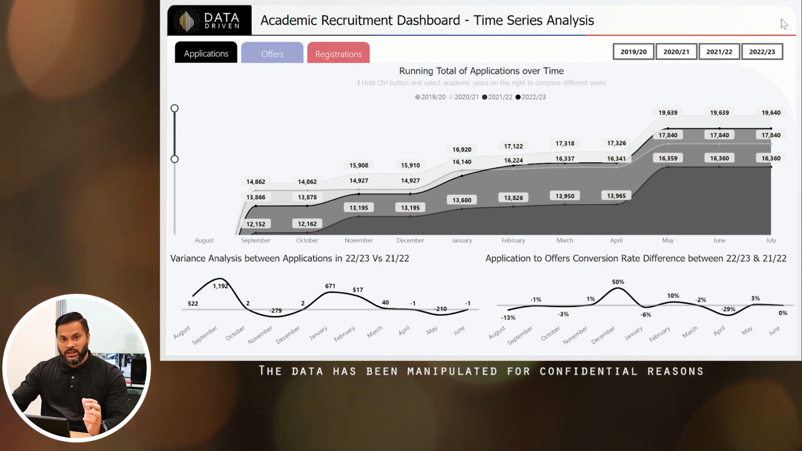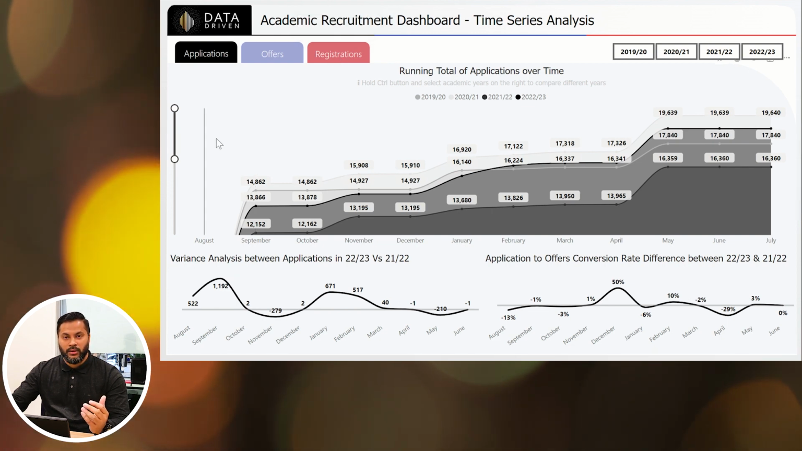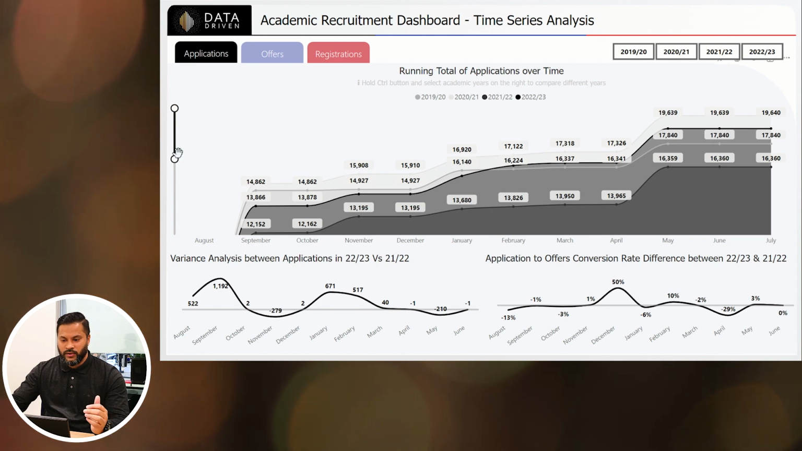When you apply to study at a university, a student will complete an application form and the university will offer the student a space into the course, and once the student agrees to it and pays the tuition fees, then they will be registered onto the course and they are registered as a student in the university. So these are the main set of data that we use for the university recruitment, and we analyze every step